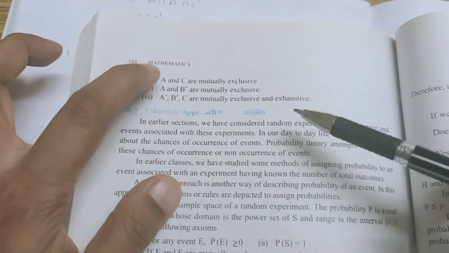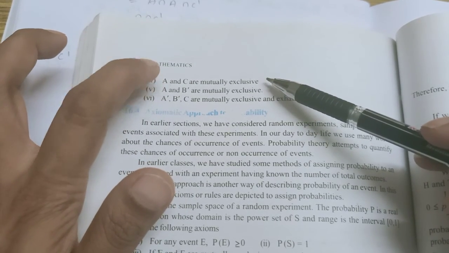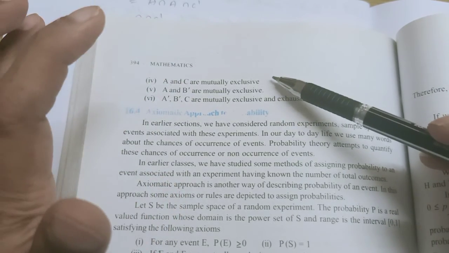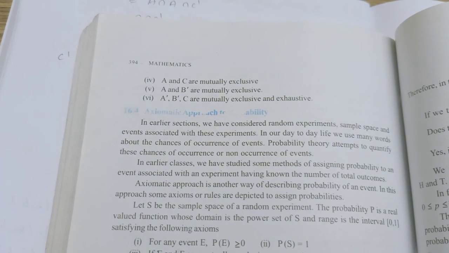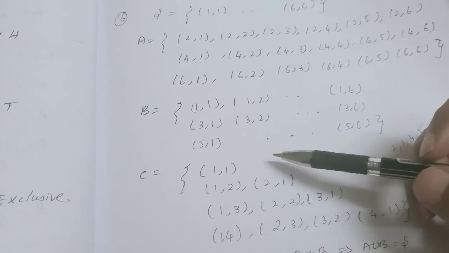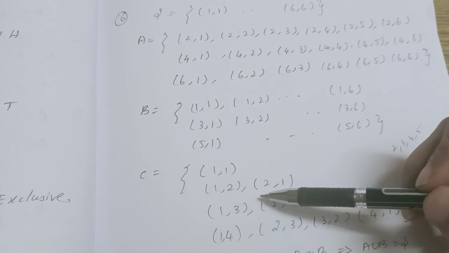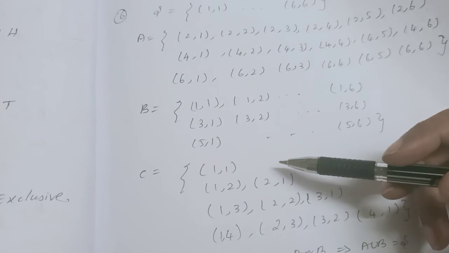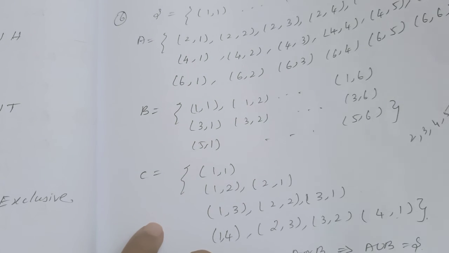For the next one, you have to write set operations and see. First you find C dash. Then you write A and C separately and see the intersection. See whether it is empty. The intersection will not be empty. So what will you get? They are not mutually exclusive. This is our C. If you take the C complement of this, you will get some even numbers in the beginning, and some of the outcomes are omitted. So you can write that also. The intersection will not be empty, so they are not mutually exclusive. So it is a false statement.